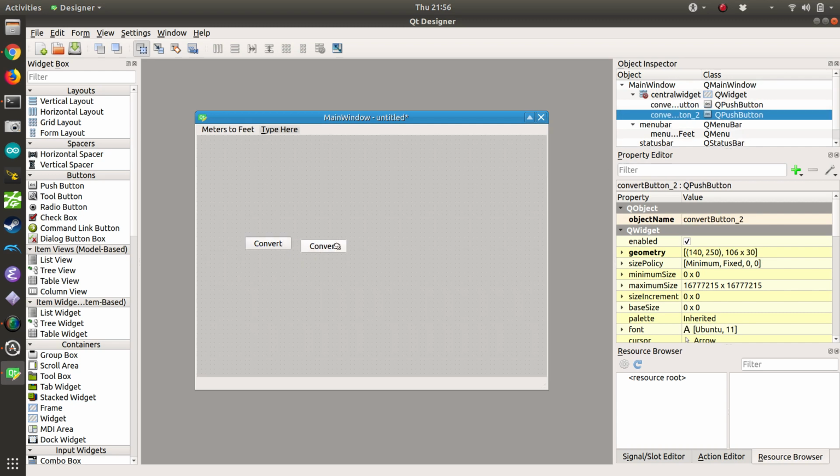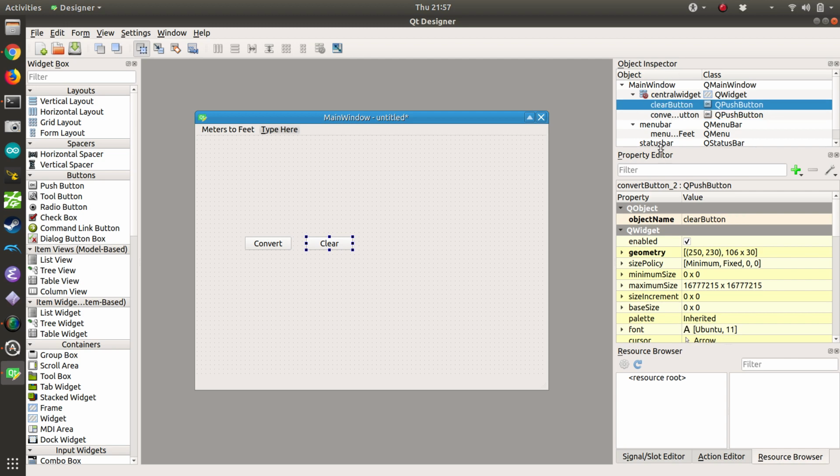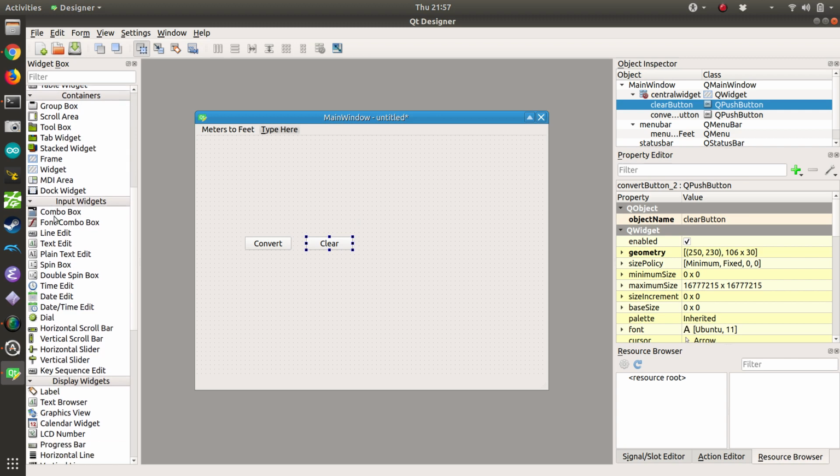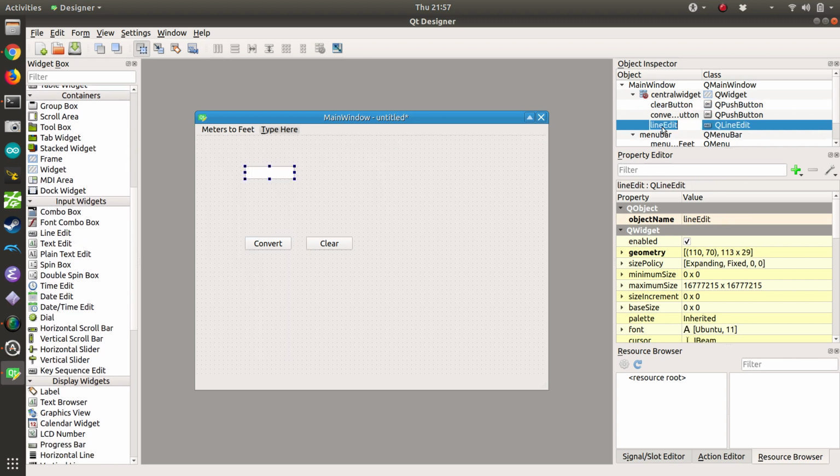I'm just going to copy this and make a clear button to clear the boxes, and again I'm going to rename this clear button up here in the object inspector. I'm going to grab a line edit, and I'm going to call this one the input edit. And again, having the word next to it is really helpful, so when you're looking at like the man pages later on,